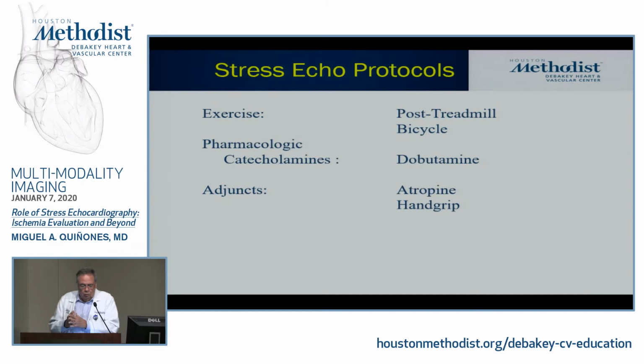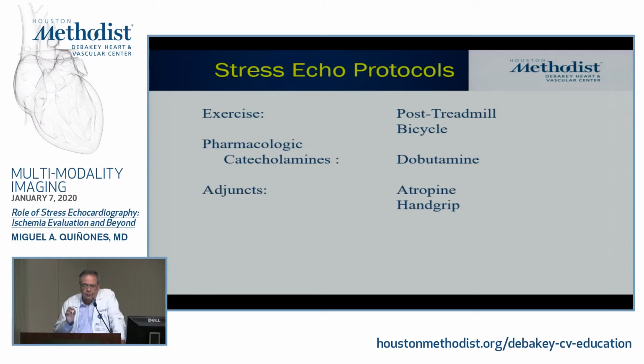So stress echo: exercise, exercise, exercise. That's the most preferred way. Pharmacologic, dobutamine has pretty much become the standard. Vasodilators, I think, have gone by the wayside. However, there are some adjuncts. So when you're doing dobutamine, you can use atropine to help you get that heart rate up to 85%. And some labs also apply a little bit of hand grip, because with the hand grip, you put a little bit of additional afterload, and a faster heart rate with a little more afterload, you can sometimes induce the